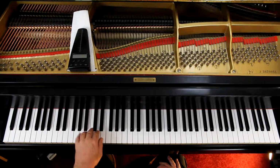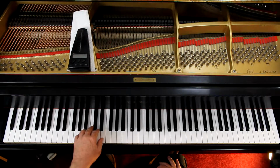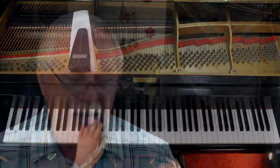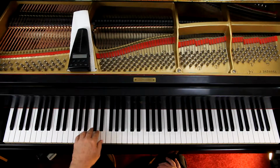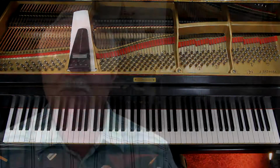All right, so if I play it at this speed, to me, that's more of an andante. That's just kind of a nice stroll. So if I speed that up just a little bit, and now if I go fast, that's allegro to me. All right, so I've got to slow that down, and that would be more like the speed it's going to go, something like that. When we play it together, we're going to go slow, because I need to have time to